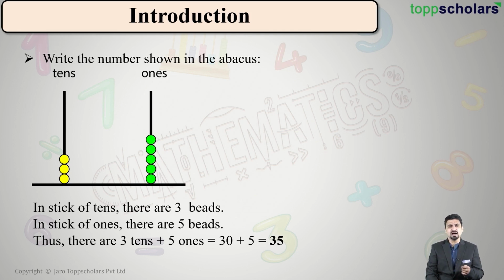3 tens are nothing but 30. 5 ones are nothing but the number 5. So 3 tens plus 5 ones is equal to 30 plus 5. That is nothing but 35. Students, what have we done here? We have read the number shown by the beads in the abacus and written down the number. The beads here show the number